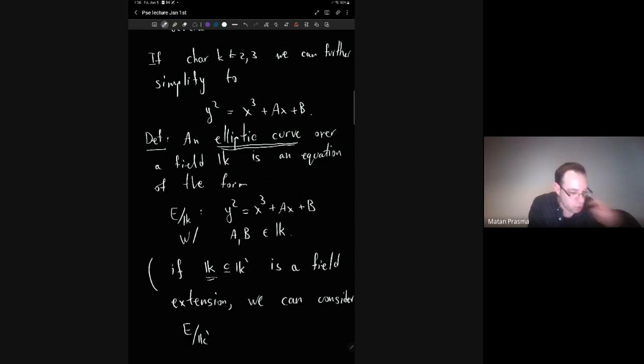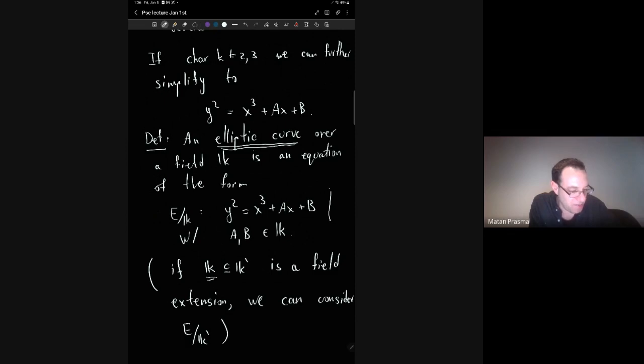The solution set over K will be a subset of the solution set over K prime. Okay, so for an elliptic curve you always have to specify over which field you are considering it,